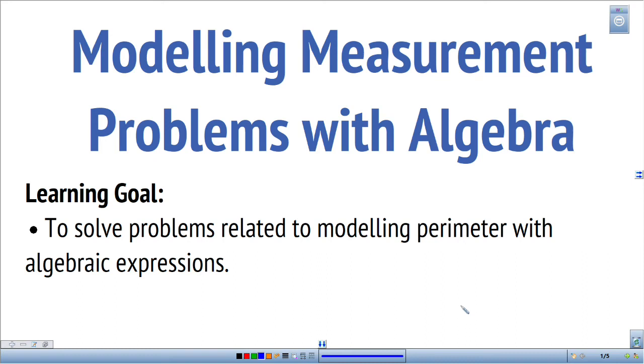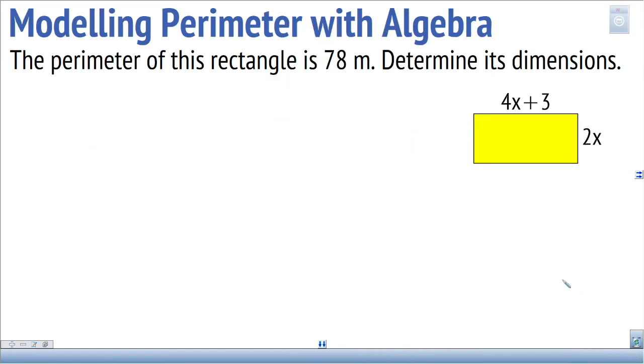Hi, this video is going to look at modeling measurement problems with algebra. The learning goal for this video is to solve problems related to modeling perimeter with algebraic expressions. So we've got a problem here where it's saying the perimeter of this rectangle is 78 meters and determine its